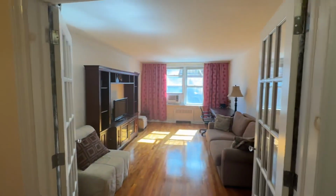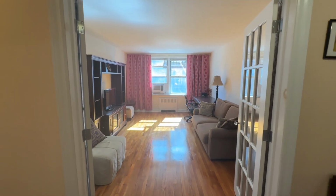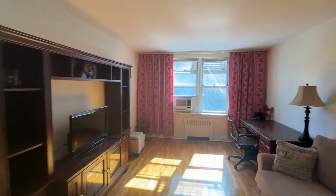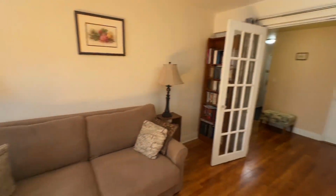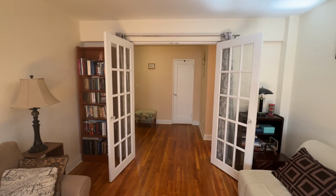To the right here, you have your living room. As you see, it gets really nice morning sunlight. Quite large. Desk, pull-out sofa. The living room does have doors with curtains behind it, so if you need some privacy in the living room for guests,